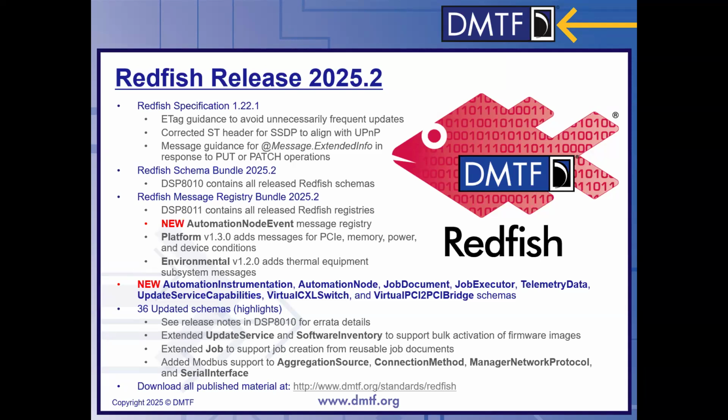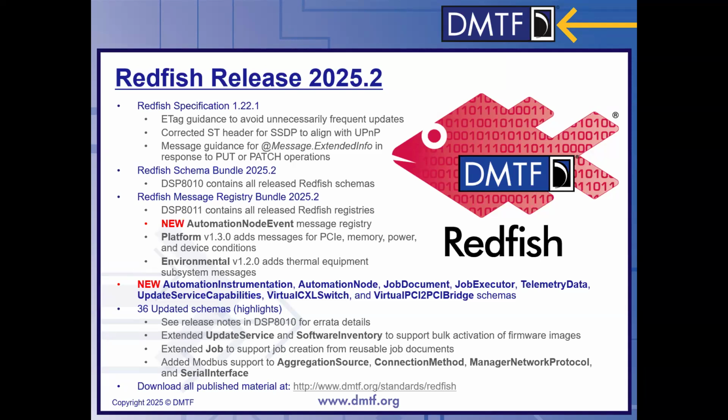Telemetry data is more information for Redfish telemetry. Update service capabilities was added in relation to our firmware update staging, which I'll talk about later. And then finally, the virtual CXL switch and virtual PCI to PCI bridge schemas were added as an extension of